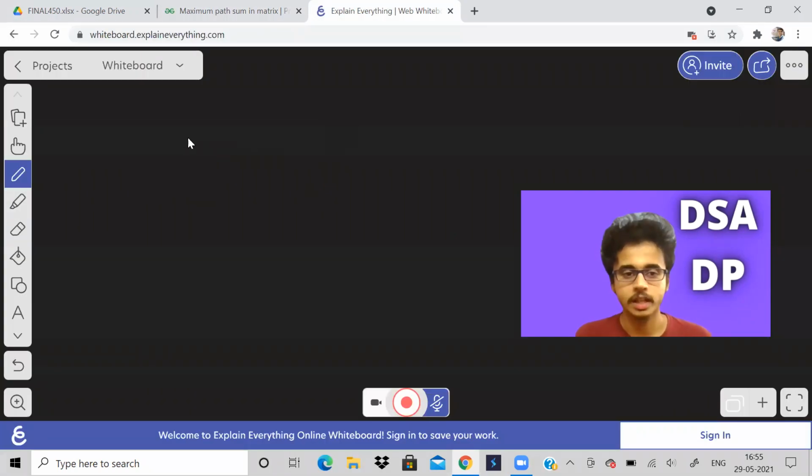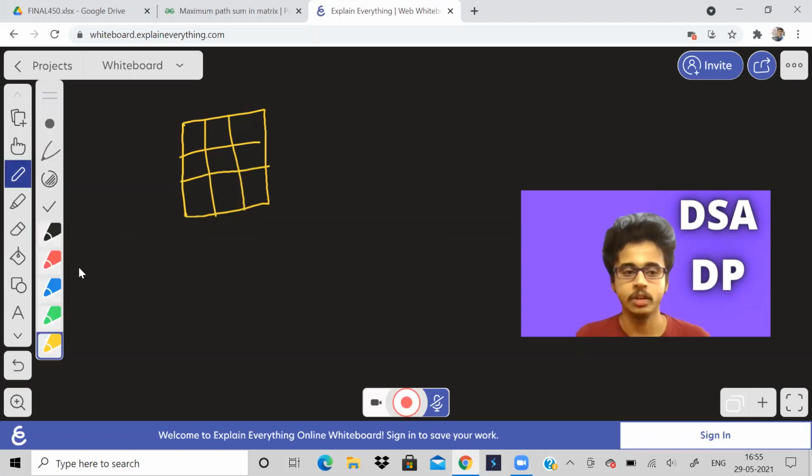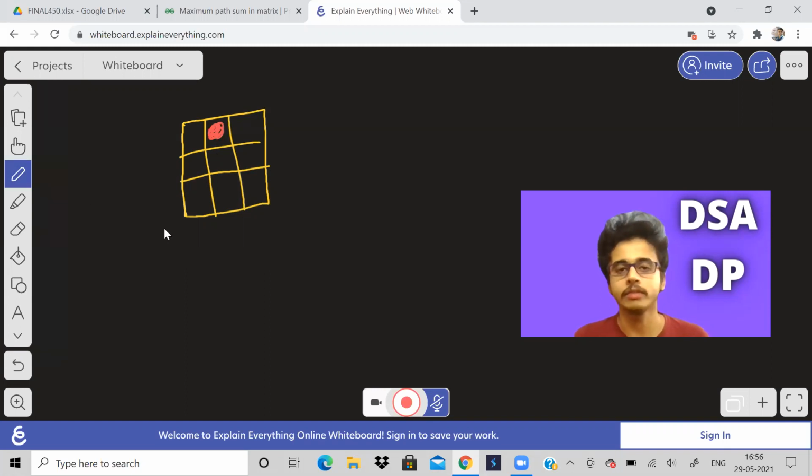Suppose there is a matrix like this, just imagine, and we are at this particular cell over here. From this particular cell, where all can we go?